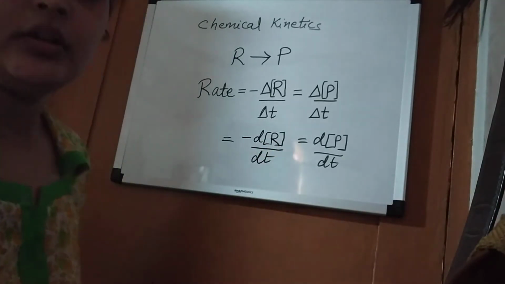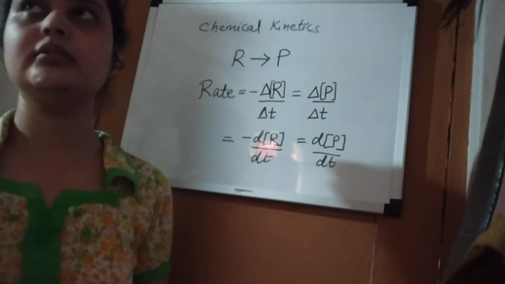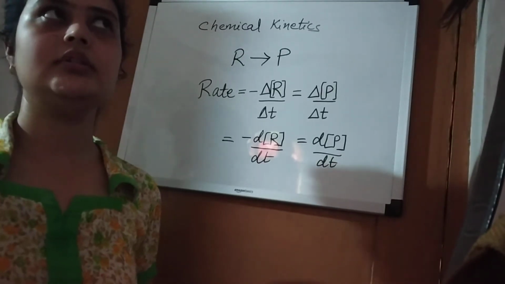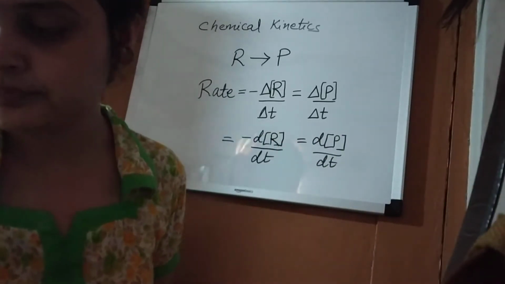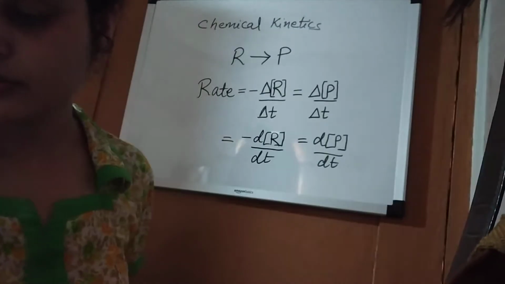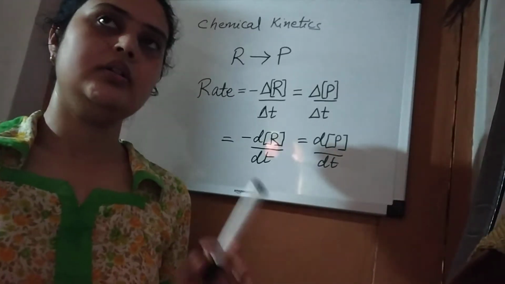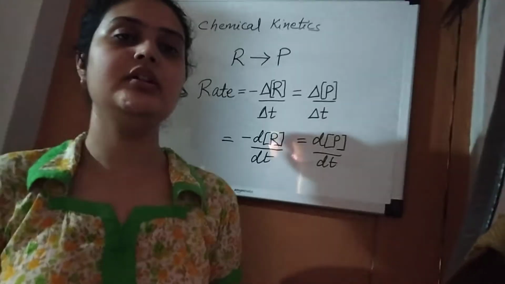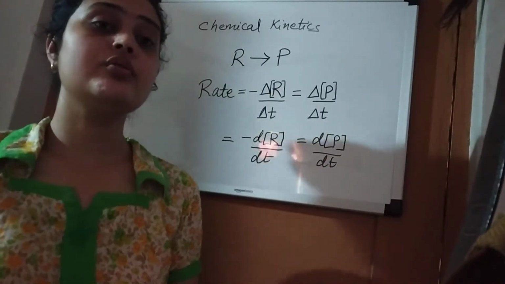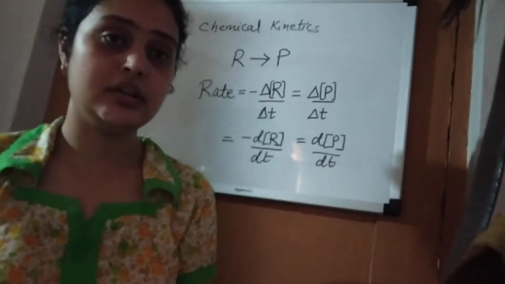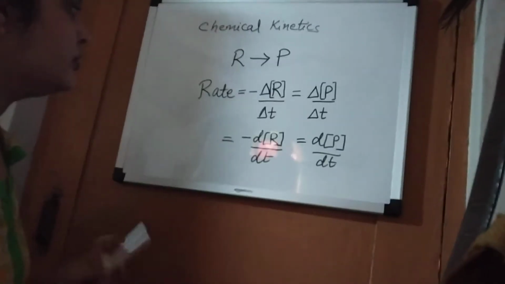Now, the rate of reaction can be very slow, for example carbonization, which is the formation of coal, and rusting of iron. These are slow reactions; their rate of reaction is comparatively slow. The fast reactions are like dissolving sugar or salt in water, which completely dissolves. It is a very fast reaction, so its rate is high.